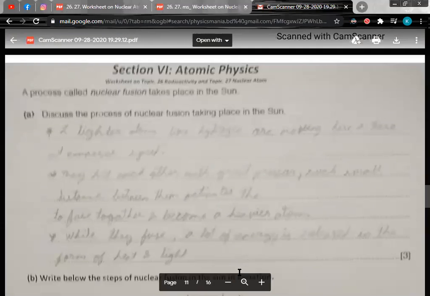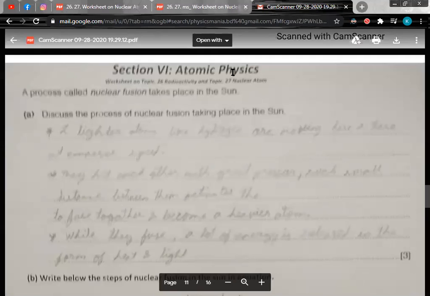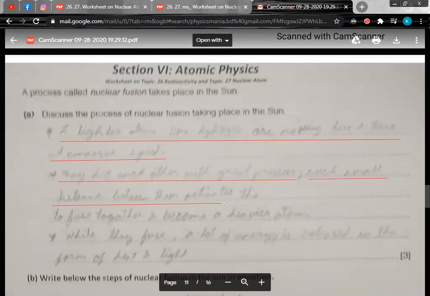It's very faint. Can you read? Okay, sir. Yes, sir. Two lighter atoms like hydrogen are moving here and there at an immense speed. They hit each other with great pressure, making some small distance between them,